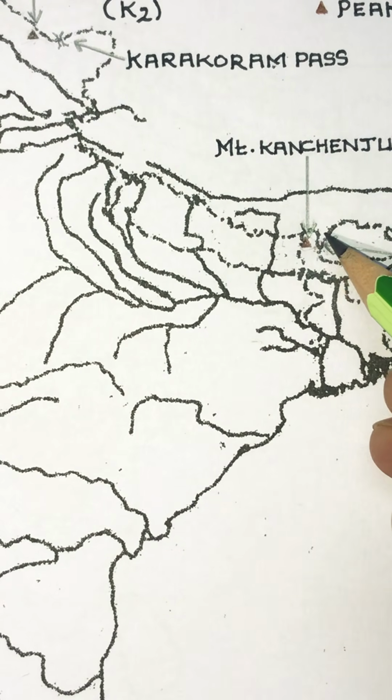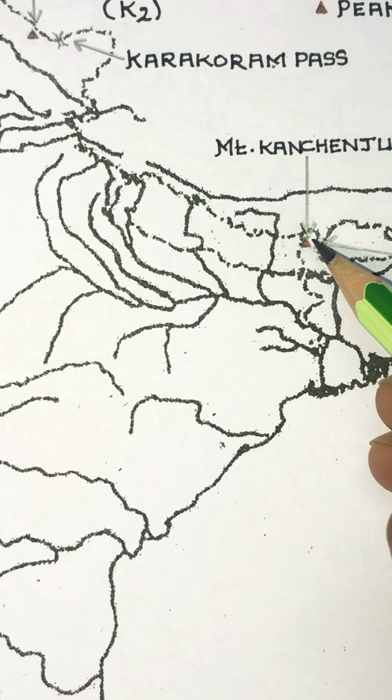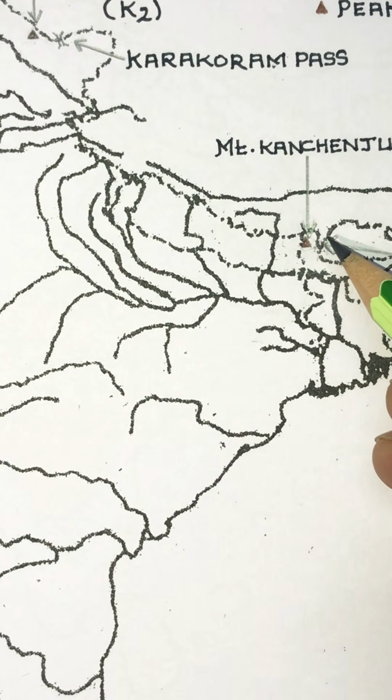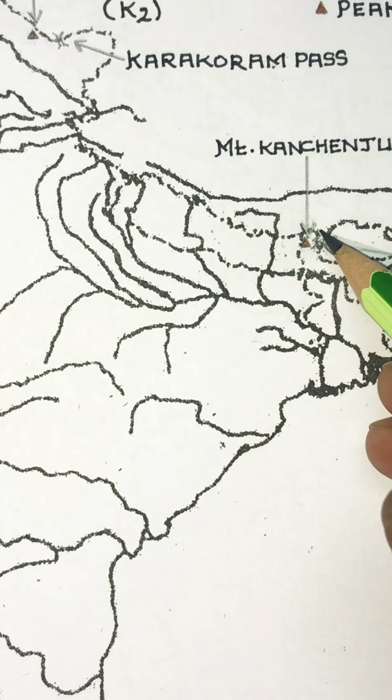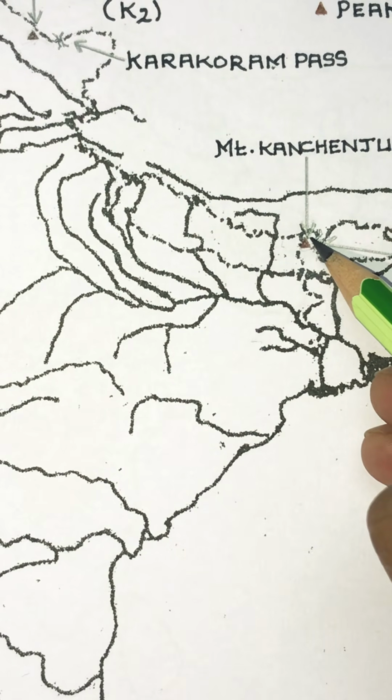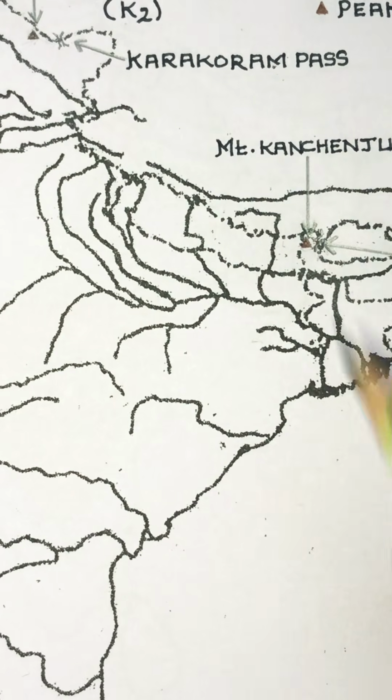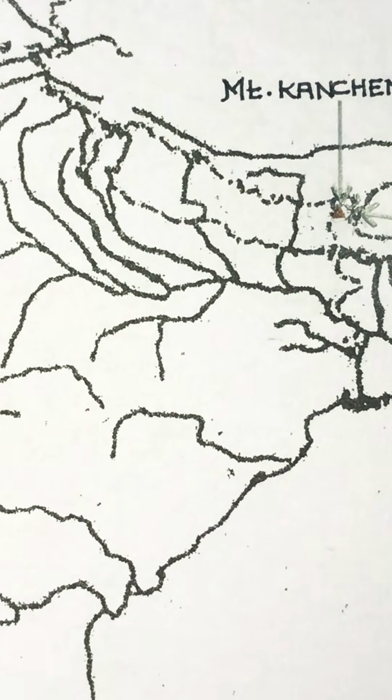And on this side we have the Nathula Pass. Now Nathula Pass is a passage between India and China. So you have this passage over here, a gap over here in the mountains. You're going to mark it. See, this boundary of Sikkim or India is touching Bhutan, and you have to make sure that the pass is between India and China, not Bhutan. So you're going to keep in mind that the pass does not enter Bhutan. I'm going to make two parallel lines and make a pass. Right? So you can see the pass over here.